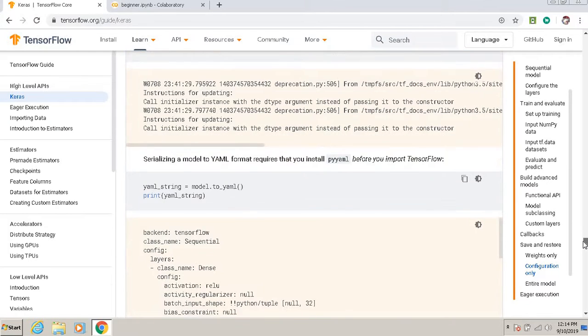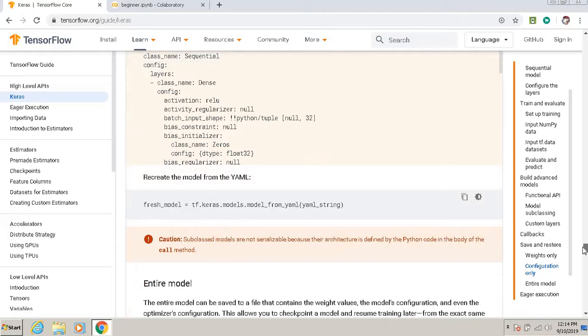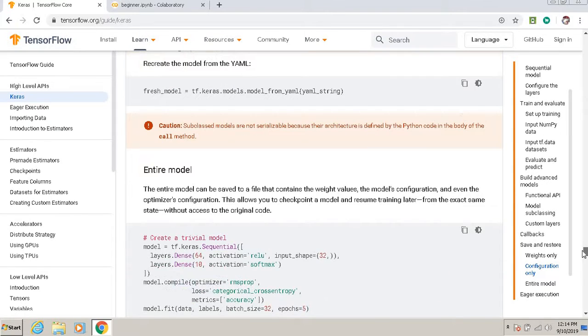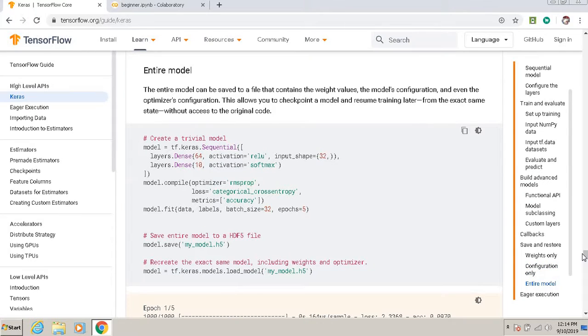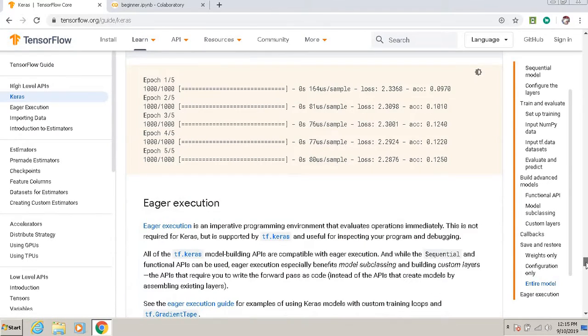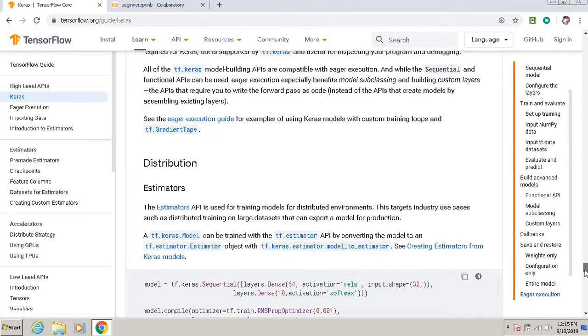And when you have exported it, you can import it again somewhere and use it. So here you can see a total model. You can copy it anytime and you can run it.